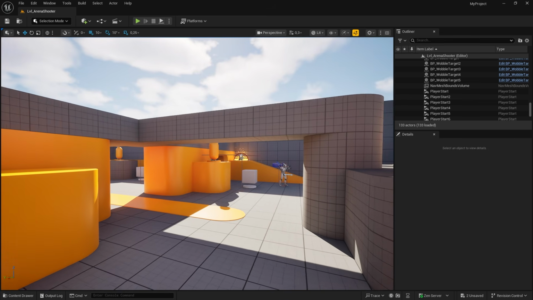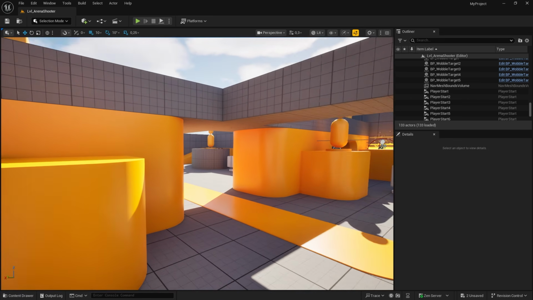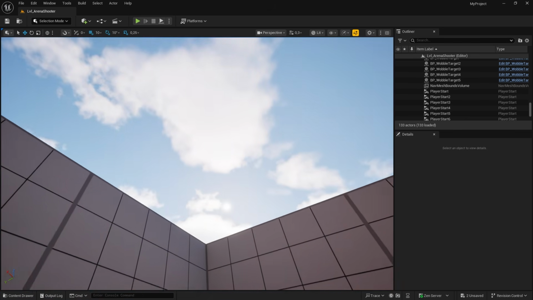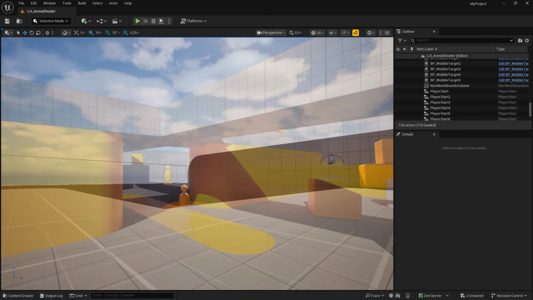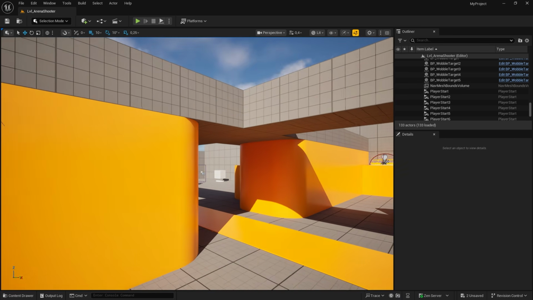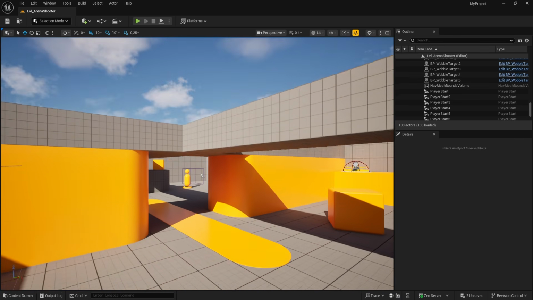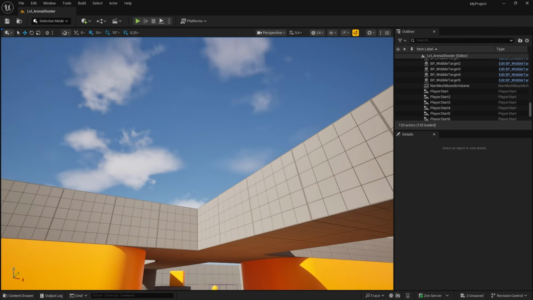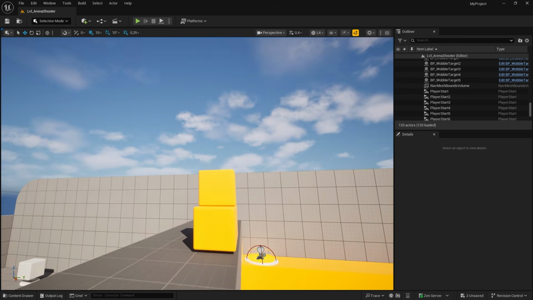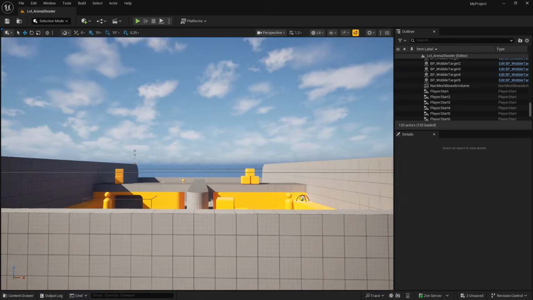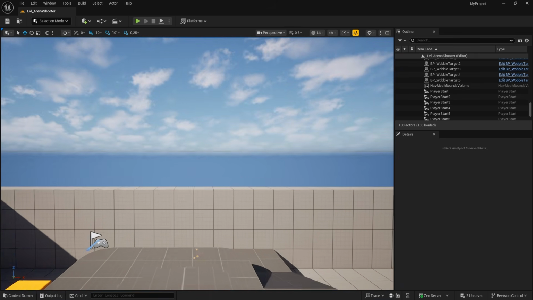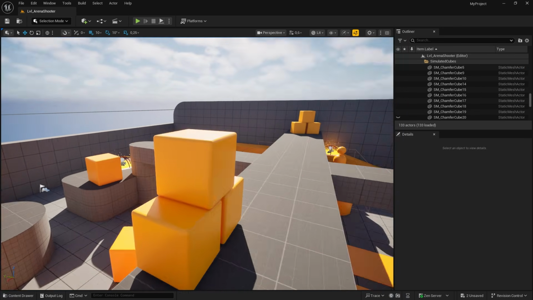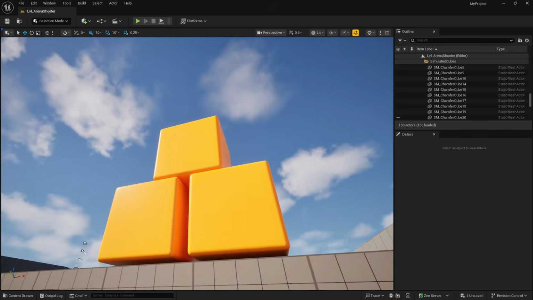When you hold down the right mouse button, different controls become available for moving the viewport camera. While holding down the right mouse button, by using the W, A, S, and D keys, you can fly forward, left, back, and right. The E and Q keys can be used to move the camera up and down vertically. You can also drag the mouse while moving to rotate the camera and fly towards a different direction. If you scroll up or down with the mouse wheel, you will increase or decrease the speed of the camera movement.